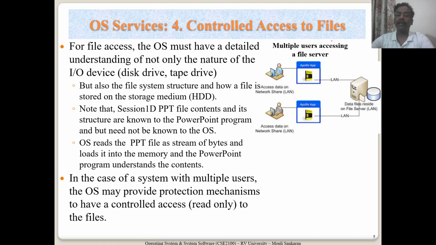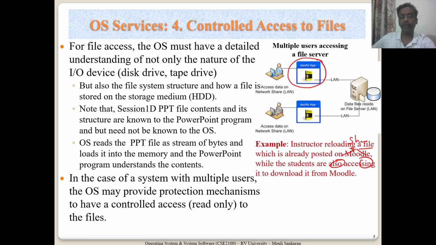Multiple users may have access to a file, for example on a file server. All of you must be familiar with Google Drive, where we may share some files and provide some access permissions. You may share the file with specific users. In that case, only those users to whom you have given share access permissions can look into the file. You may also give a read permission or write permission. Based on the permission given, users will have different kinds of access. So this is also supported by the OS